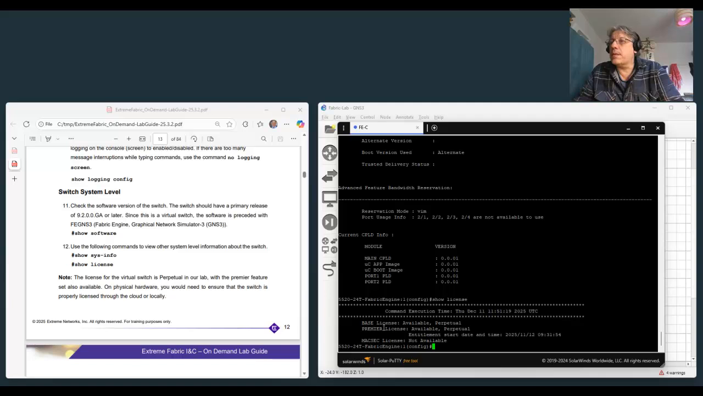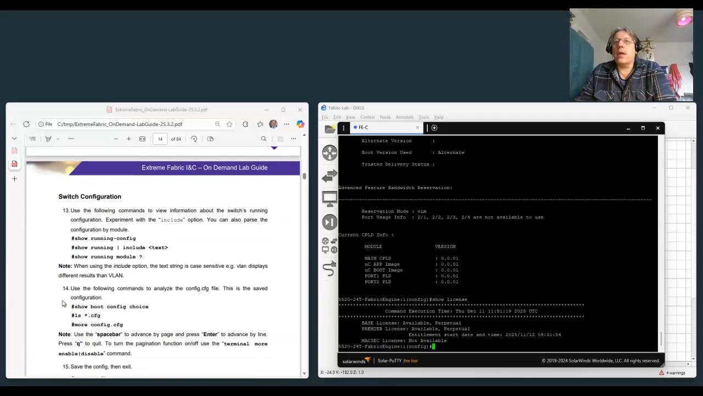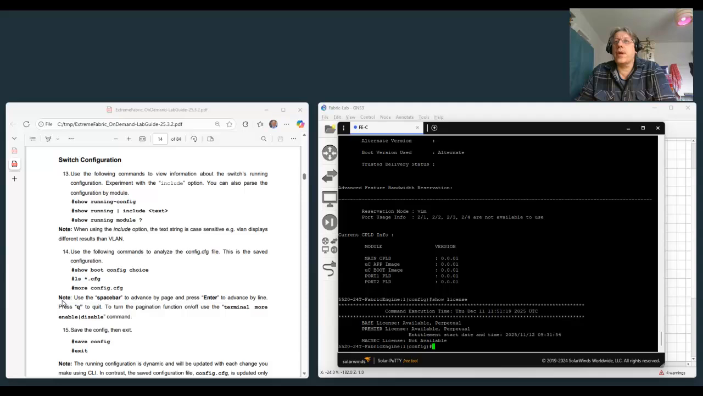You can see the base and Premier licenses are perpetual, and it gives you a note here about, in reality, you would make sure that you've got proper licenses installed or available. And we just scroll on, switch configuration. So how do we look at the running configuration? We would type show running-config,